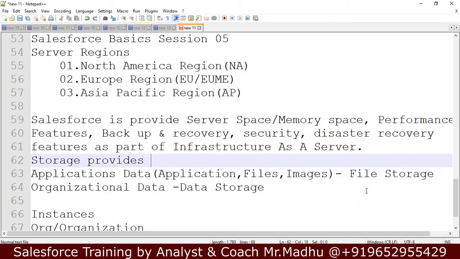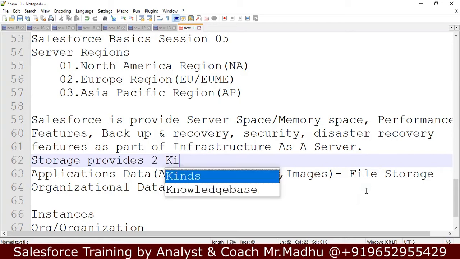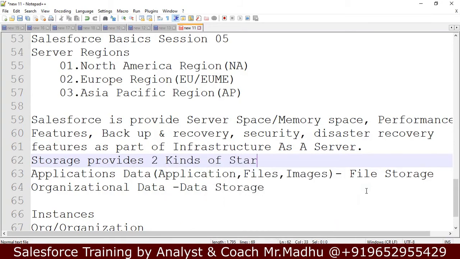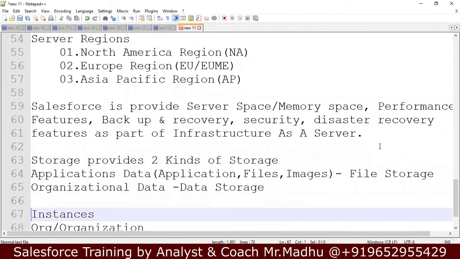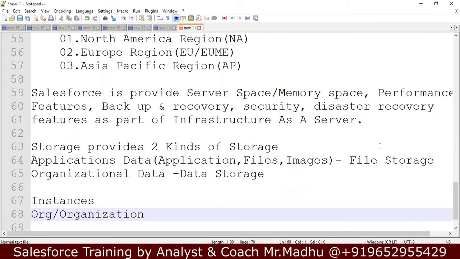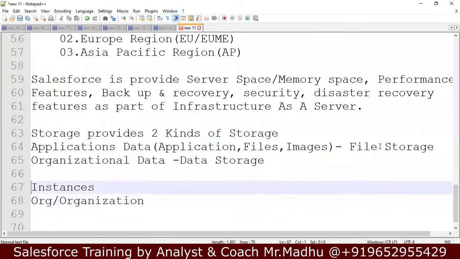When we discuss editions, at that time we will see what exactly file storage and data storage are, and how much space is provided by Salesforce for file storage and data storage. Now, this is a high-level hierarchy.